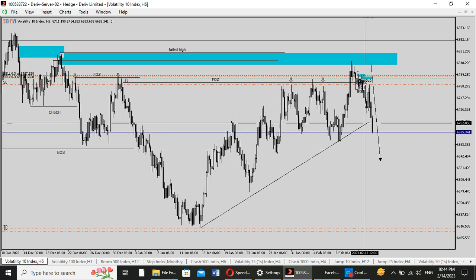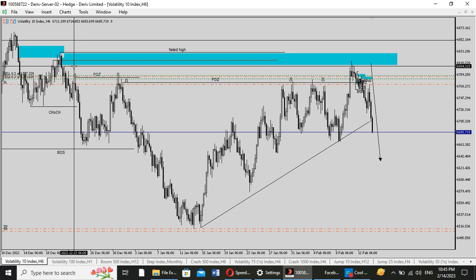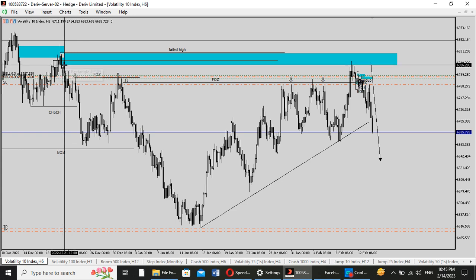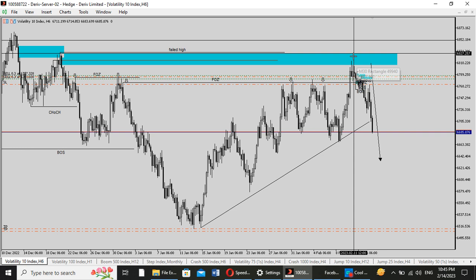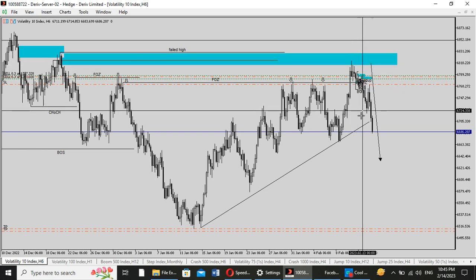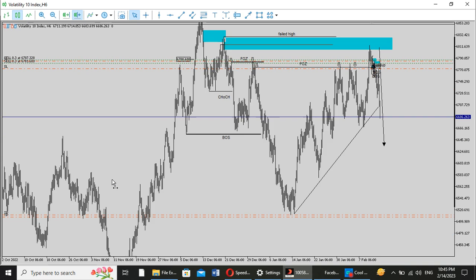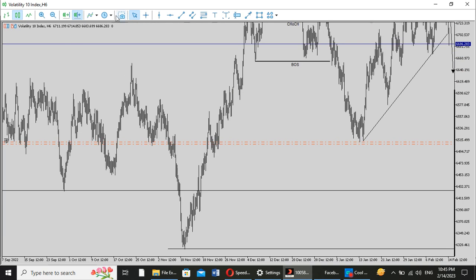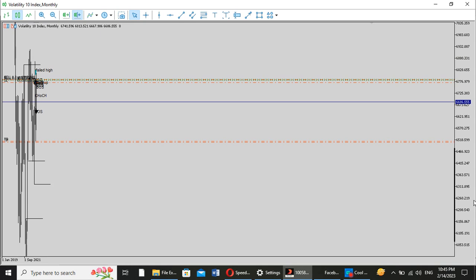So this is the progress right now as I'm swinging the trade and I'm approaching TP. I would have gone sniper right here, but I wasn't on the chart when this was triggered, so I ran down to a lower time frame to have my entries. So right here, this was the analysis, and like I always say, we start from the